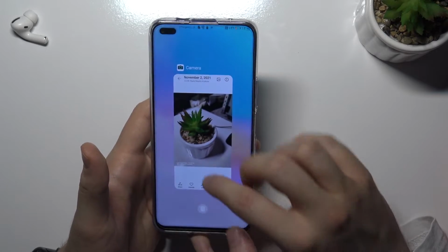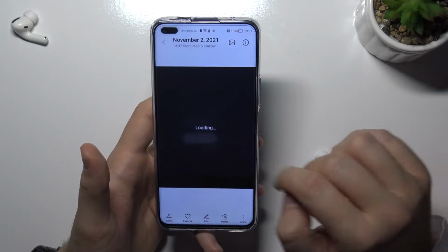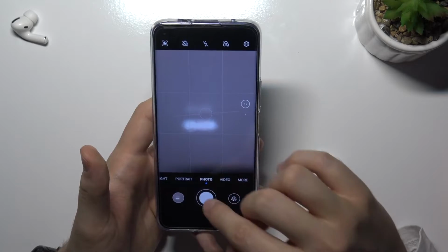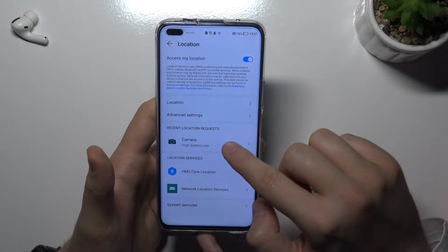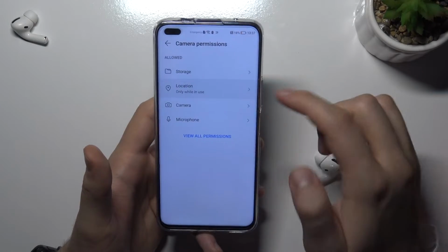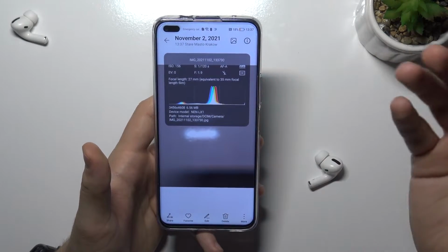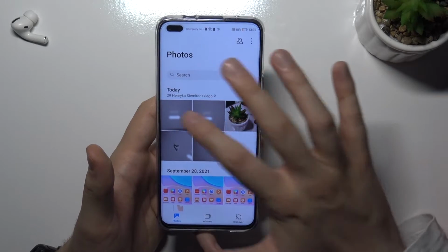Okay, so maybe let's turn it off and turn it on back. Let's take a look if it works right now. Still it's not working. Let me just go here, turn it on, go back, close the camera. Location is enabled. We can also check for permission. Okay, so permission for the camera, it's allow, and location we can allow all the time. Okay, let's try to take a photo right now. Okay, unfortunately still there is no information,